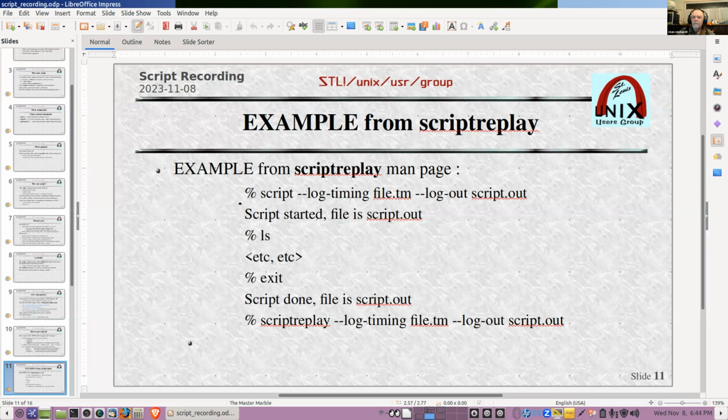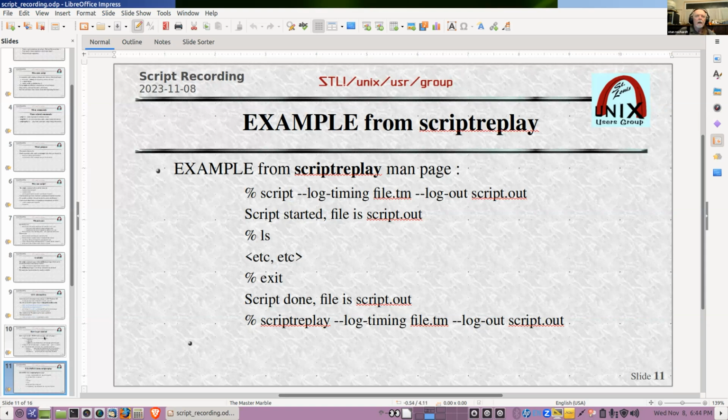Then to replay it, the command is scriptreplay --log-timing, and then that timing file name, whatever you named it, file.tm, or you can call it billybob.texas if you wanted to, or just Billy Bob or Mary Jane, whatever you want to call it. And then the --logout, and the script.out file, whatever you had named that file, and it'll replay it.